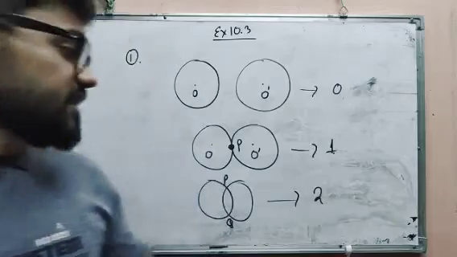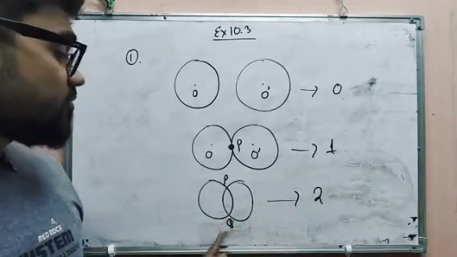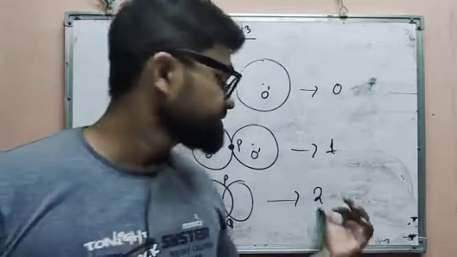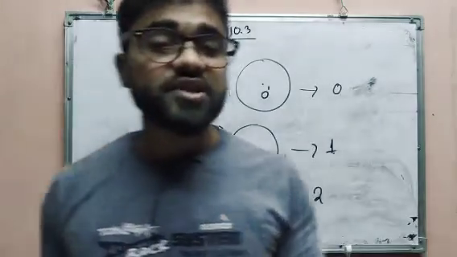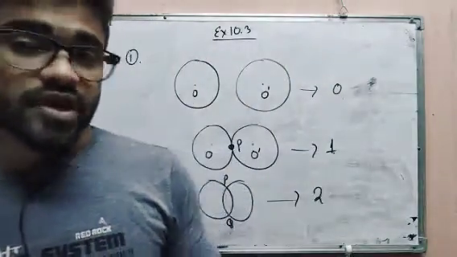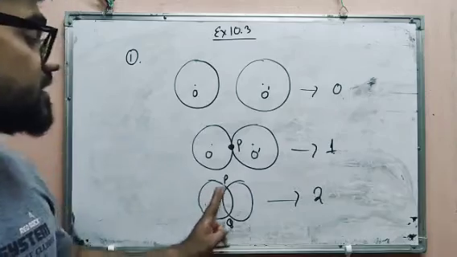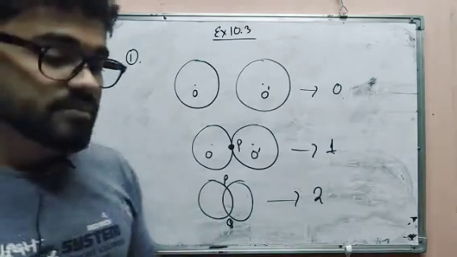So clearly you can see that the maximum number of common points is 2. So the answer is what? The answer is 2. The maximum number of common points a pair of circles can have is 2, because they will intersect at 2 points. Okay, so